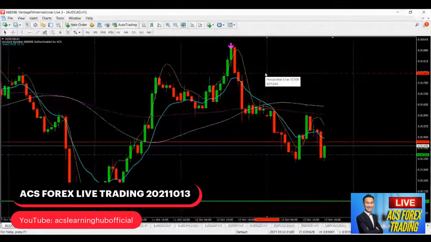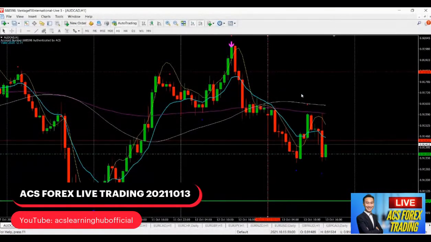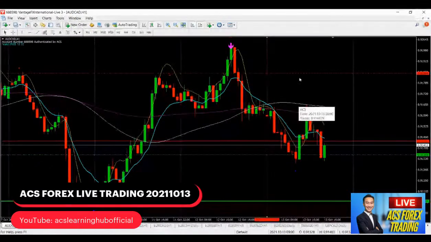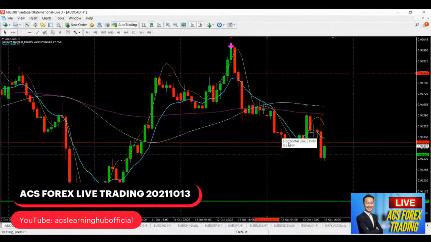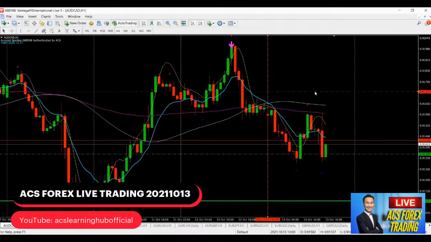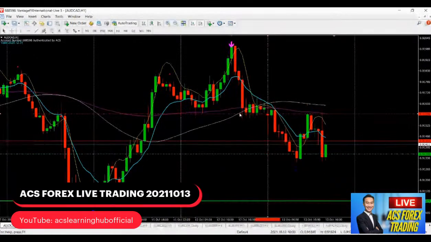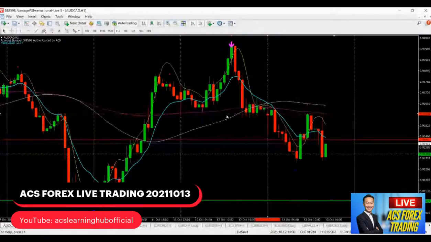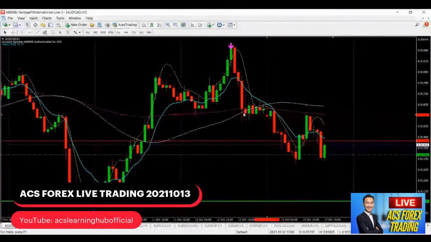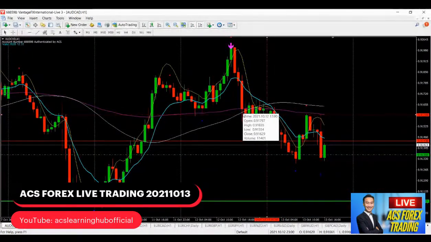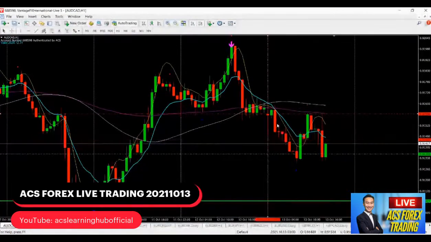Now Aussie CAD over here, we are in the resisted area from today onwards, and in today we are looking out for resistance to short within the resisted area. That means I bring down the resistance. It may be here, it may be here. Can you see over here the selling off from the support become the resistance? This part in H1 shows there's a support where people are buying in and it breaks through, so there may be a chance for it to retrace upward for the buyers to sell off their buying trades.